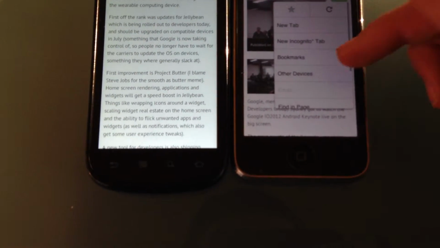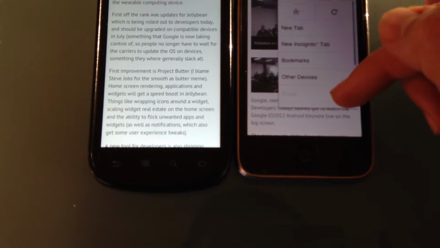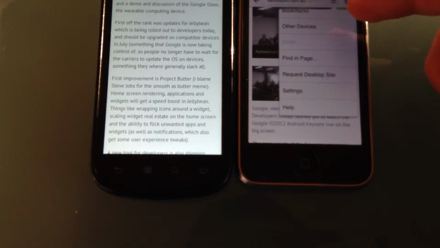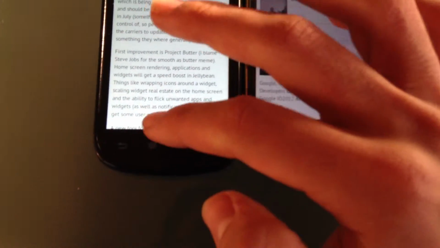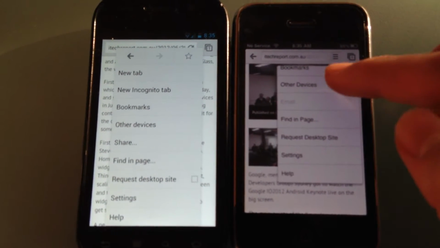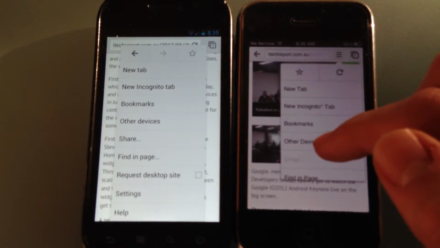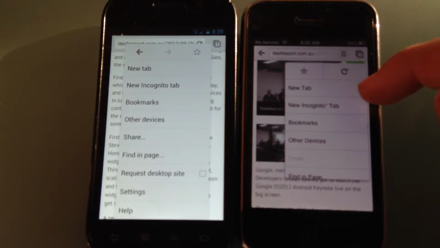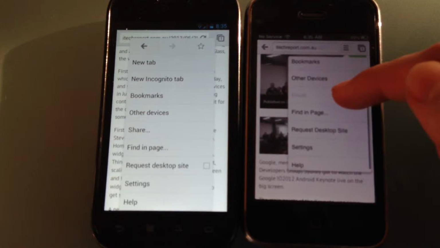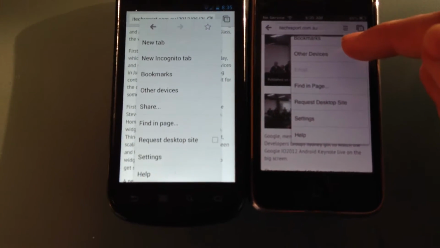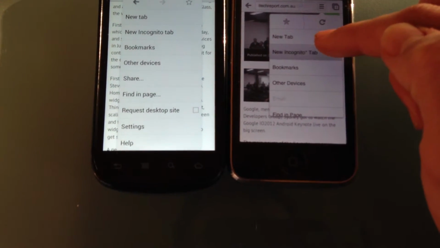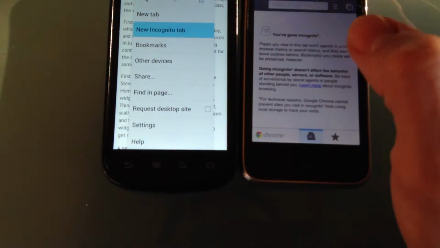In terms of options, we have new tab, new incognito tab, bookmarks, find in page, request desktop site. Similar features to Android. If we bring up the Android menu here, we've got start, refresh, new tab, new incognito tab, bookmarks, other devices, find in page, request desktop site, settings, and help. So if we go new incognito tab, which won't save our settings or cookies,